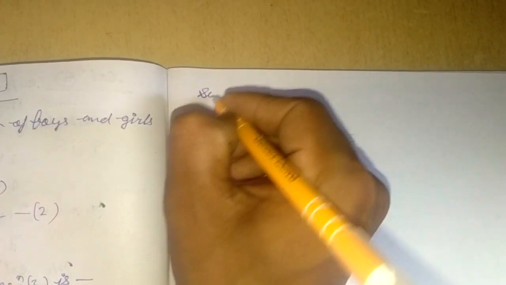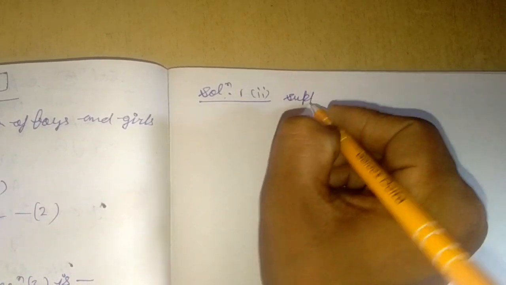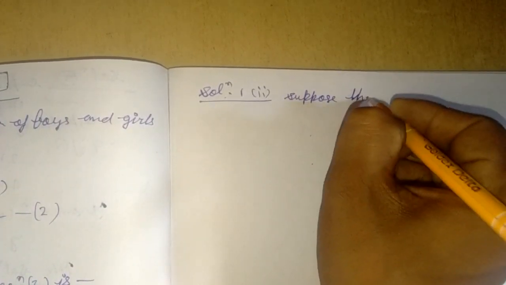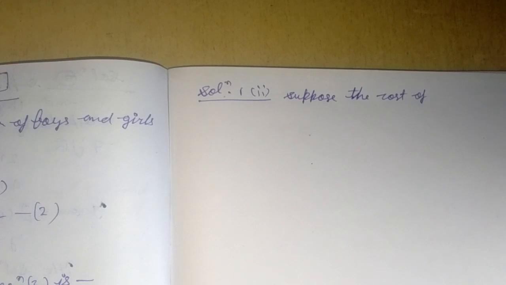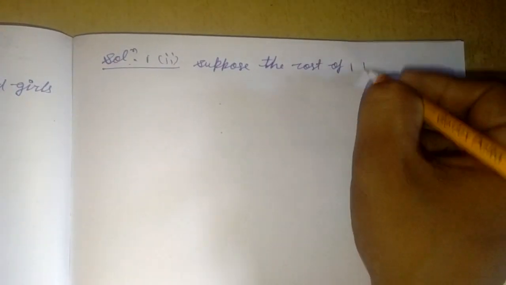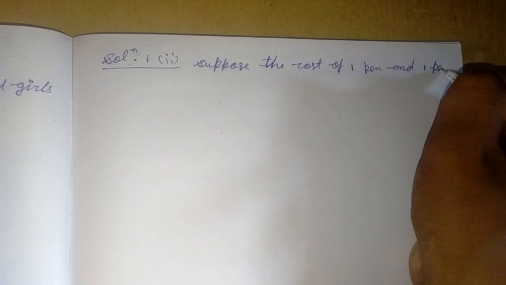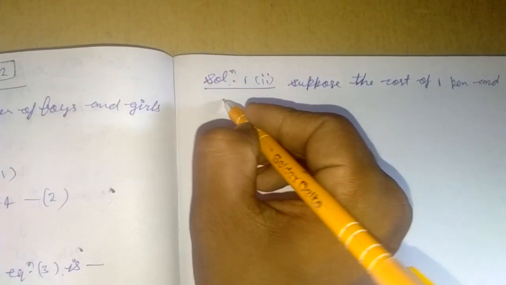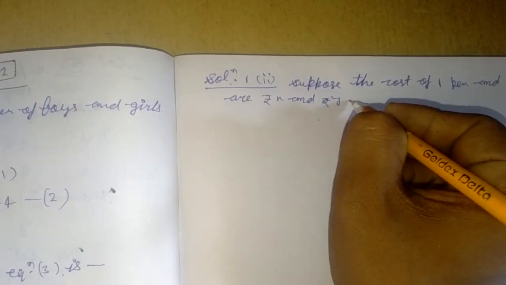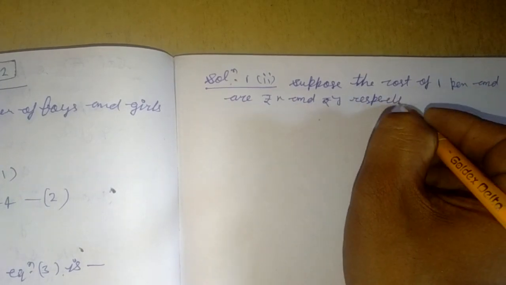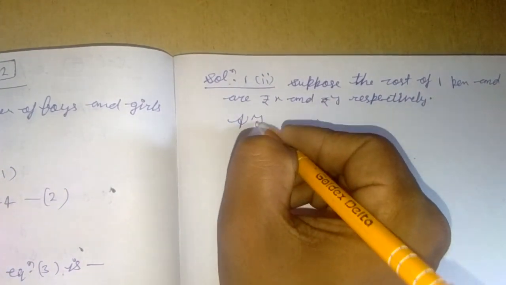So we write, first we suppose the cost of one pen and one pencil are x rupees and y rupees respectively. Okay, so according to the question,